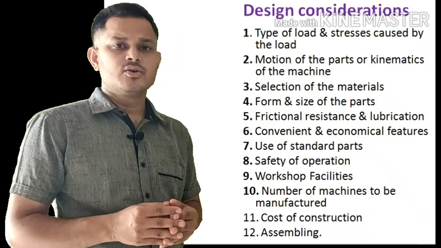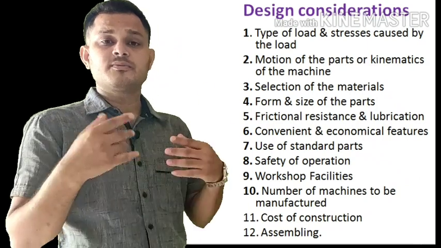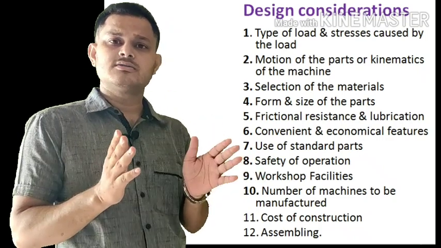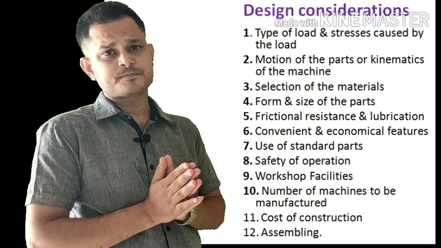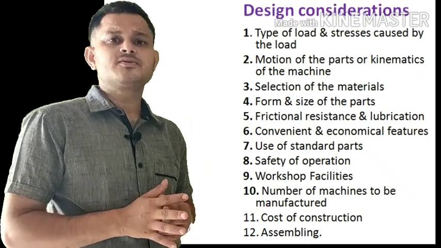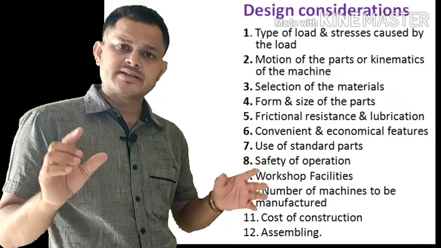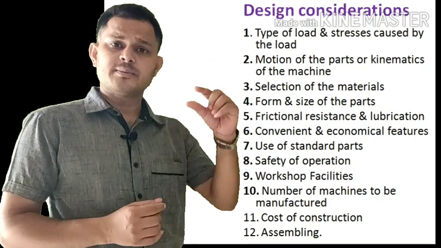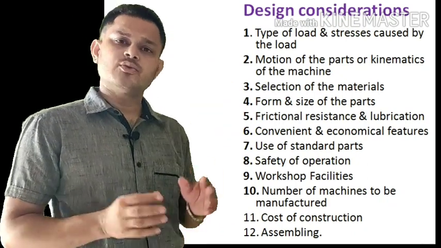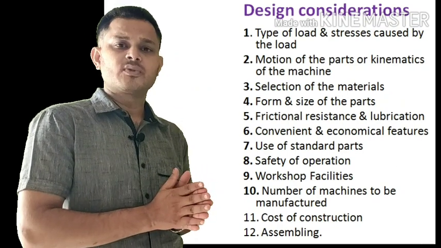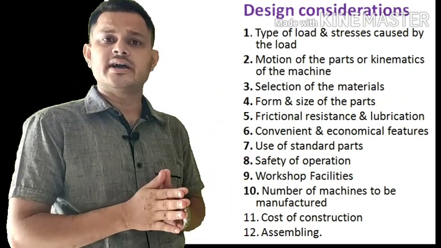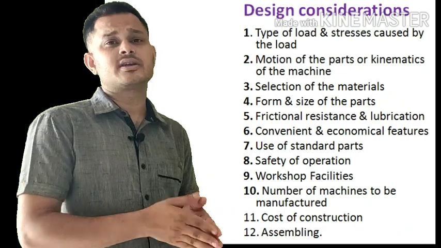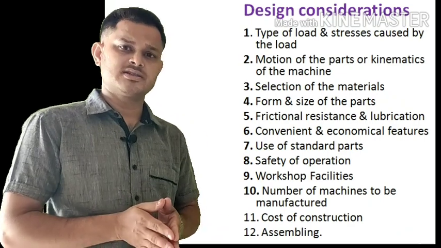Form and size of the parts. What are the different types of parts? What are the form and sizes, with design, outer design, all that has to be considered. The size of the part becomes very important, because we have standard sizes of components in the market. Suppose you take the example of a nut or bolt: you have standard dimensions of nuts and bolts in the market. So standard sizes have to be considered. And form means the outer design, how it should be, so that there is no necking and no stress concentration. All these factors have to be considered.